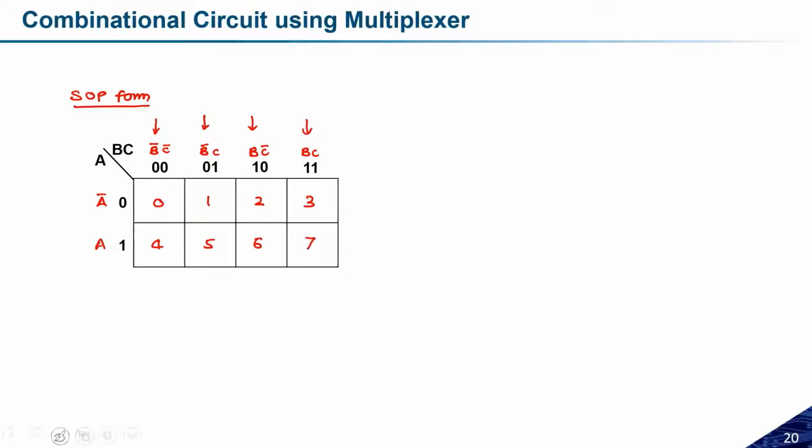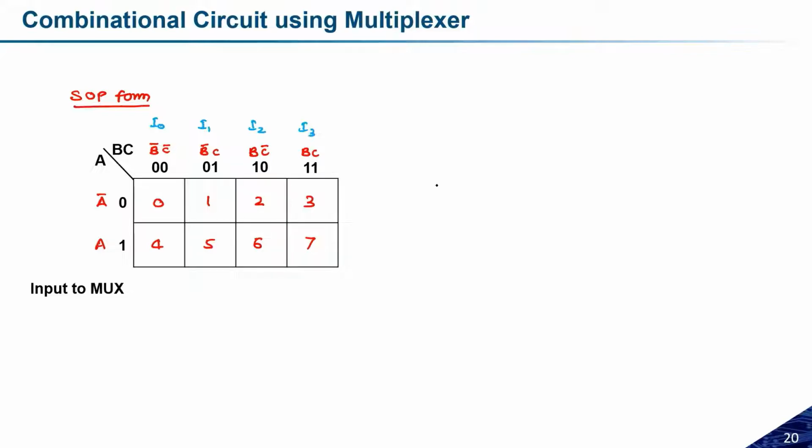Now what is the input? As I just told you, the number of columns indicates the inputs for the multiplexer. So I will have 4 inputs: I0, I1, I2, and I3. These are all the inputs. Now what input will I connect? So the important point is,